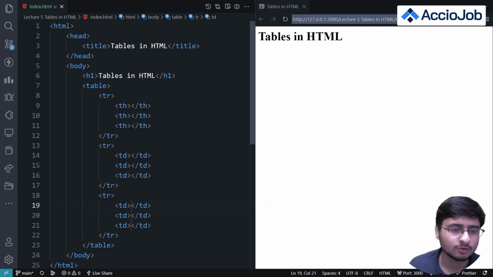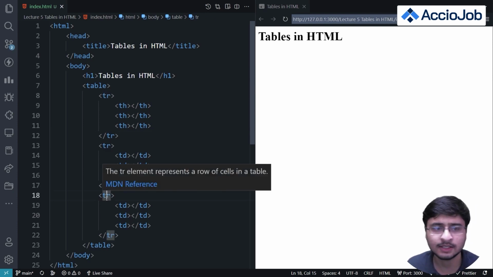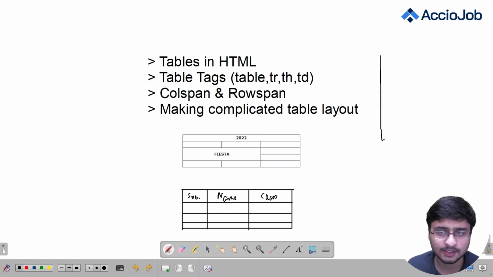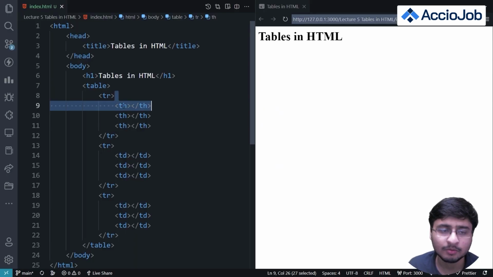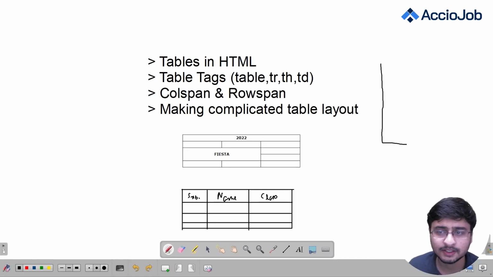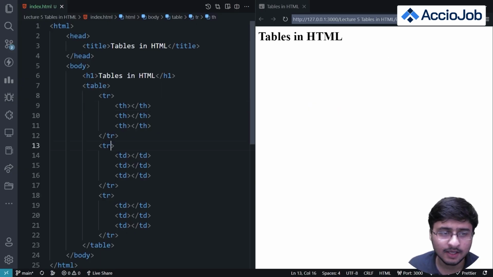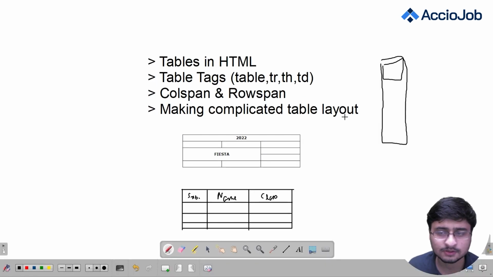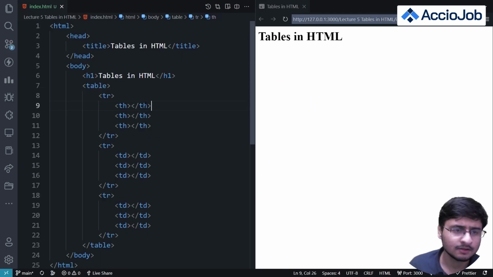Okay, so I've created this simple format of a 3 by 3 table here. So it is having 3 rows, right? 3 table row tags are there. So by this I mean that it has made this kind of table. Initially there are no columns. Mind that there are no columns as of now. If I add a table heading tag or maybe a table data tag here, what happens is it creates one column and adds that to the table, right? If I add another table data tag below this, corresponding to this, it would add like this, right? So I'll explain a little bit further.